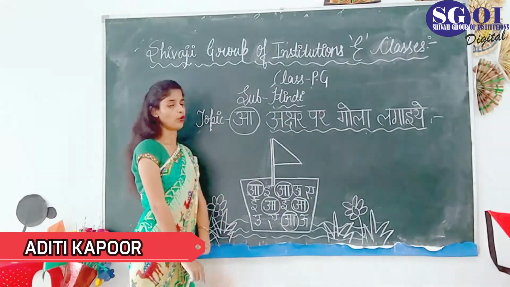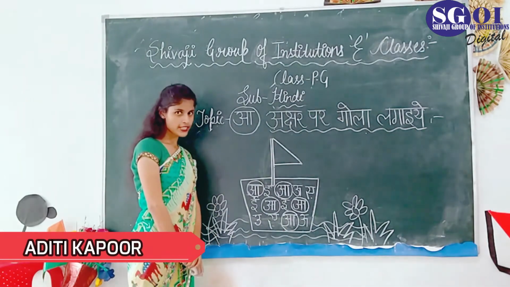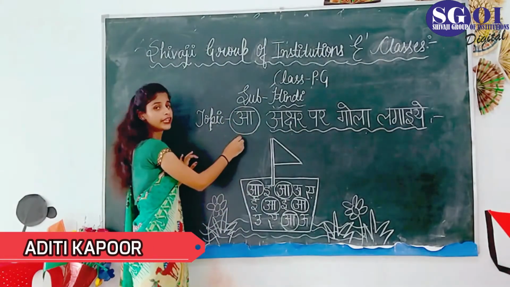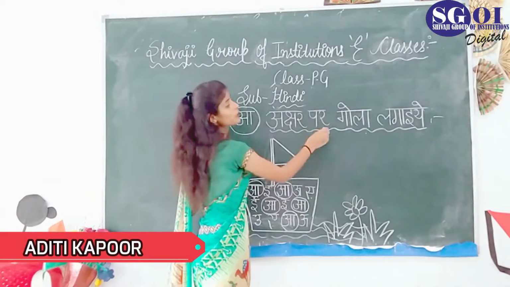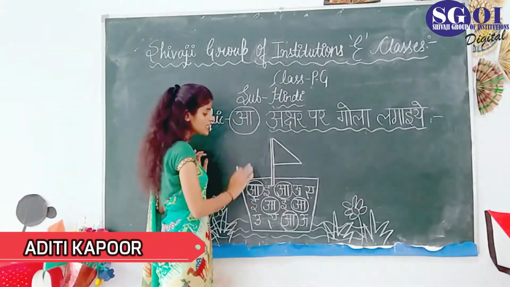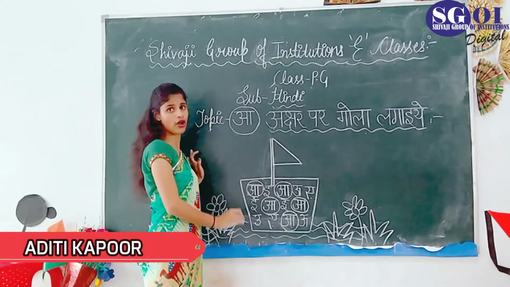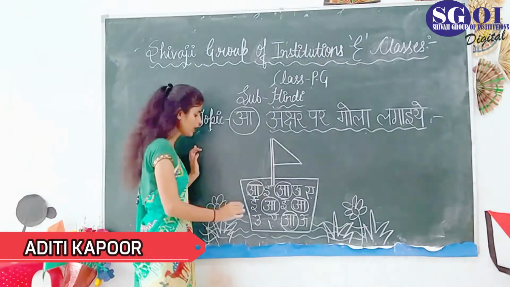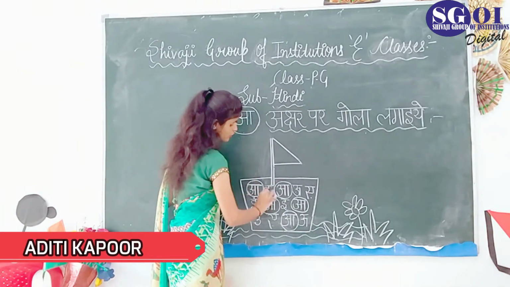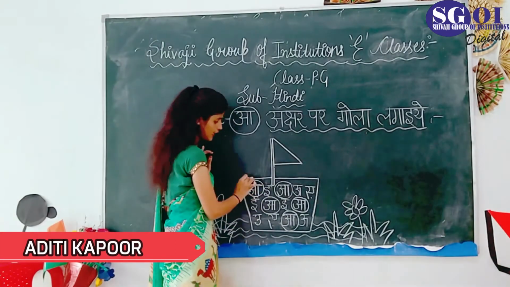Okay. Now I'll repeat it again. This is बड़ा आ. टॉपिक क्या था हमारा? बड़ा आ अक्षर पर गोला लगानी है ना. तो हमें इस यार्ड में जहां पर बड़ा आ दिख रहा है हमें वहां पे सर्कल मार्क करना है. ओके. Just like this. This is बड़े आ से आम ना. So we have to mark circle like this.